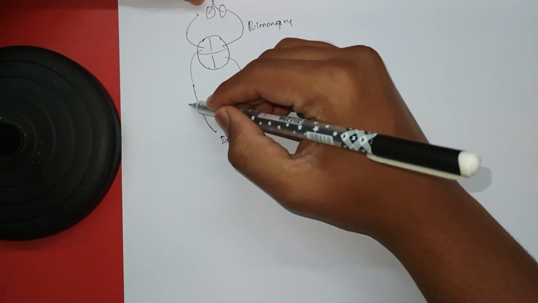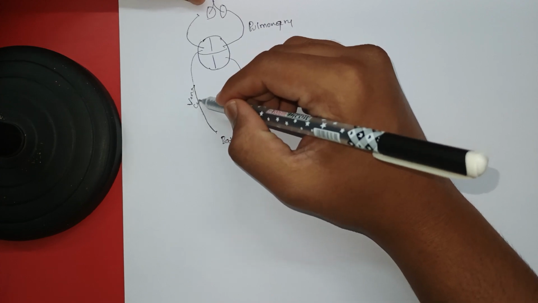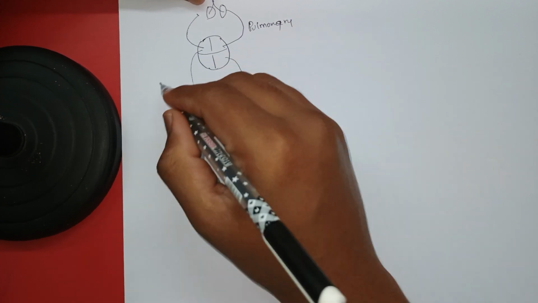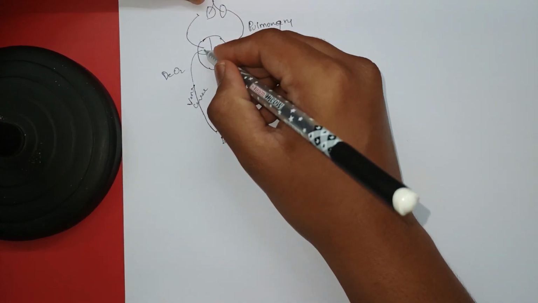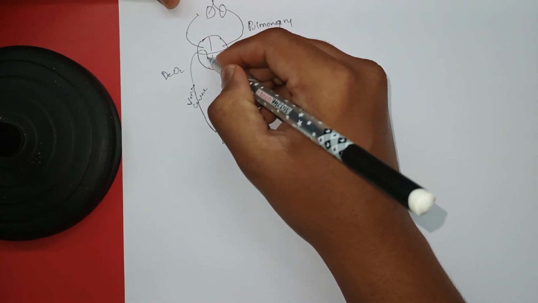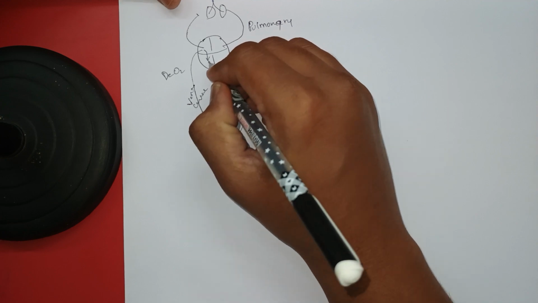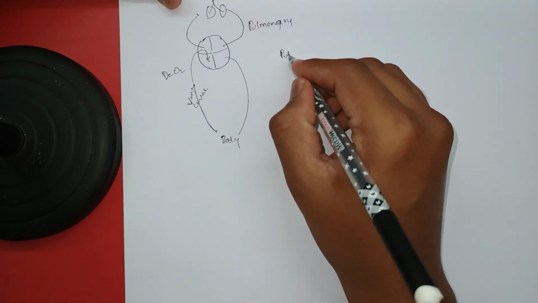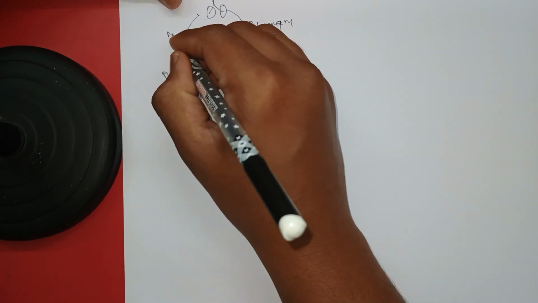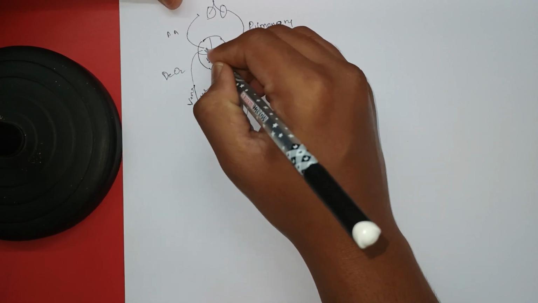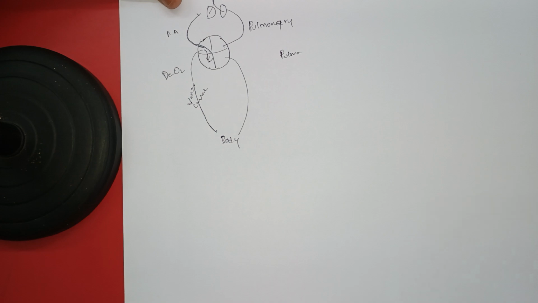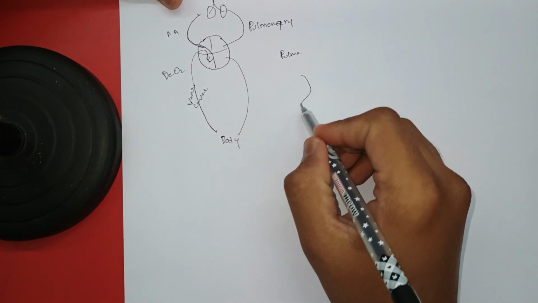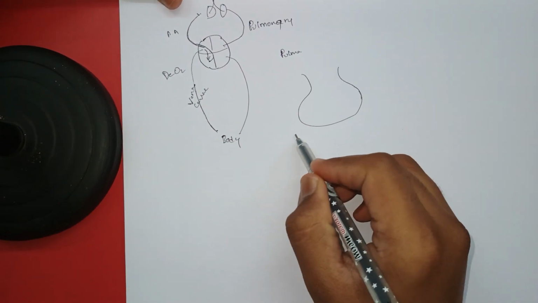What happens is the vena cava brings deoxygenated blood into the right atrium. After that it gets into the right ventricle, and from there the pulmonary artery carries this deoxygenated blood into the lungs. And in the lungs, you have, see,